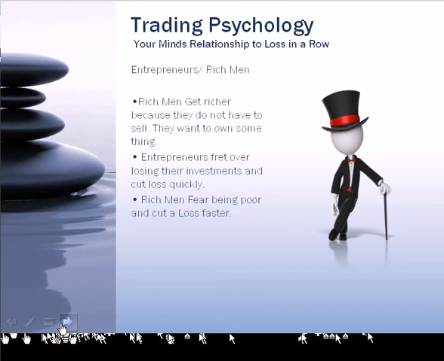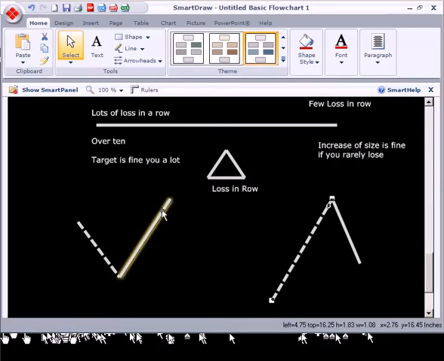So a rich guy can invest and take lots of little losses, and it never bothers him because he knows he can get it. So let's go back to this. This becomes super important as a person. Lots of losses in a row, generally little small losses, and then you'll hit a huge win. You're going to cut your loss, and then the cows come home. This is usually how people that come from an entrepreneurial background or wealthy, were raised in a semi-wealthy family where they never worried about money, trade.